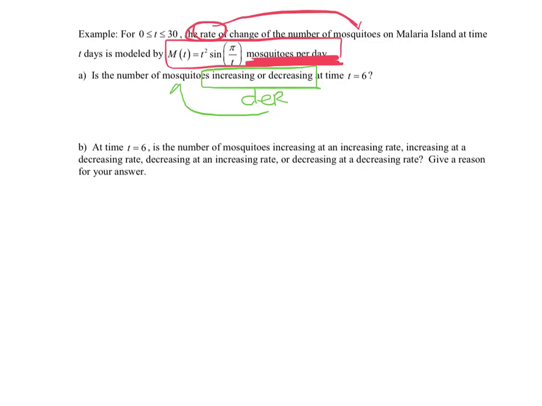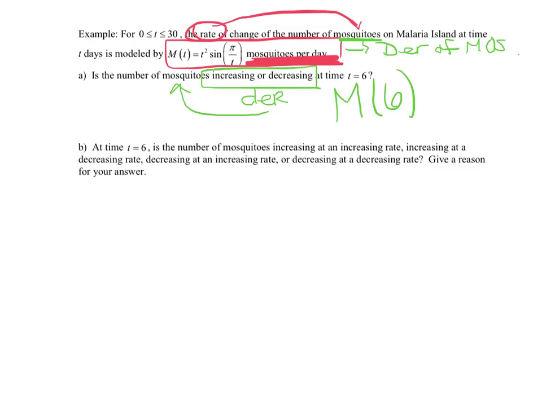Well, I want the derivative of mosquitoes. What does M of t represent? It represents the rate of change of mosquitoes, which is the derivative of mosquitoes. It already is the rate. So in this example, I don't need to actually take the derivative because M of t is the derivative of